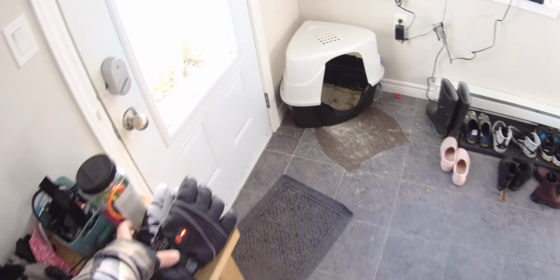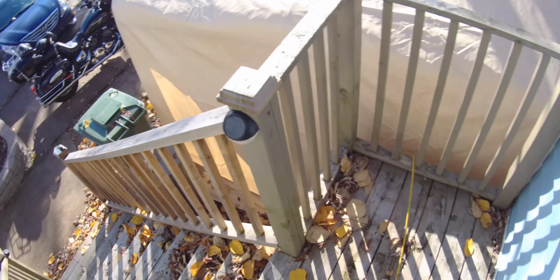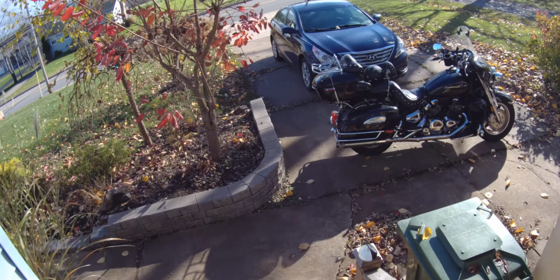Okay, so we've got the SJCAM on right now. Got heated gloves. Oh, I forgot my glasses. All right, so we're trying that again. Yeah, we got the SJ10 Pro dual screen. My bike is running. You may be able to see maybe that there is